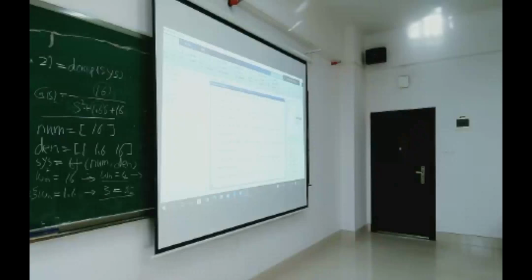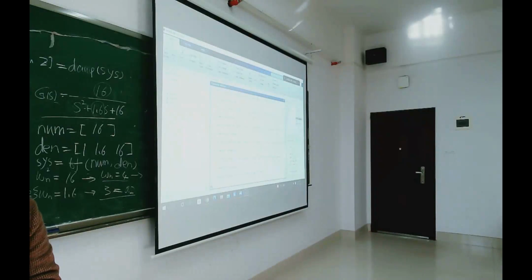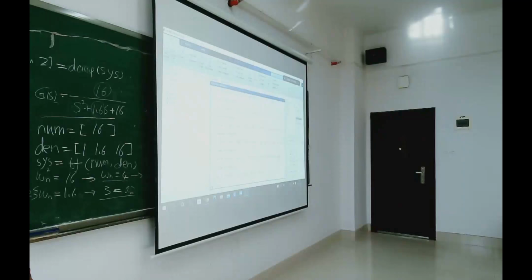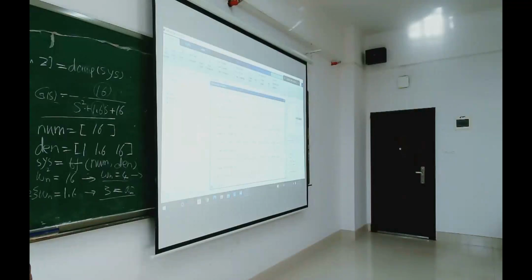We have a system. We have time. How to get the step response by inserting a unit step? The code is so easy. Just step. First, you write down the system's name, sys, right? And then the time you just defined. See here? And by running the code,